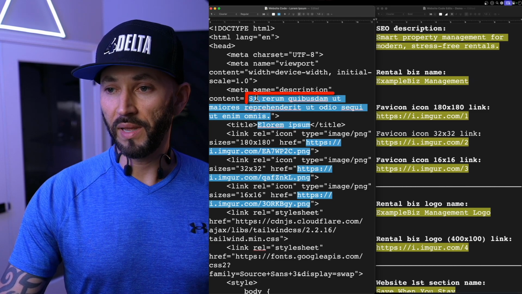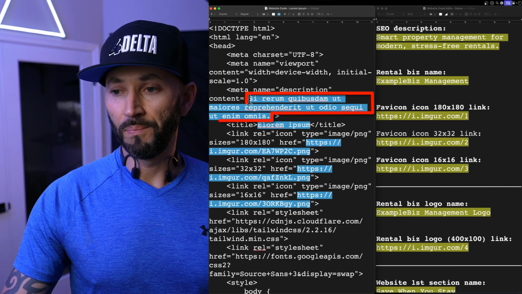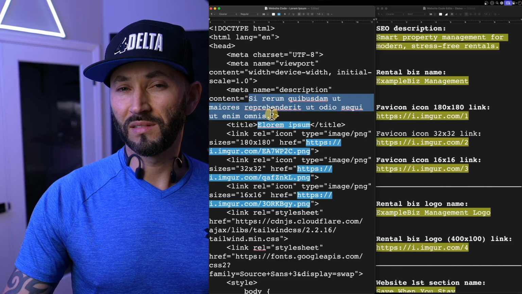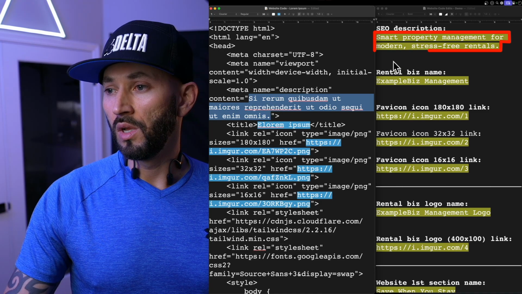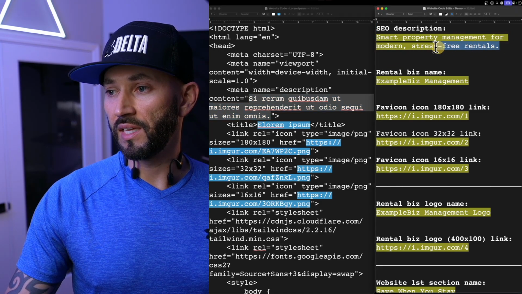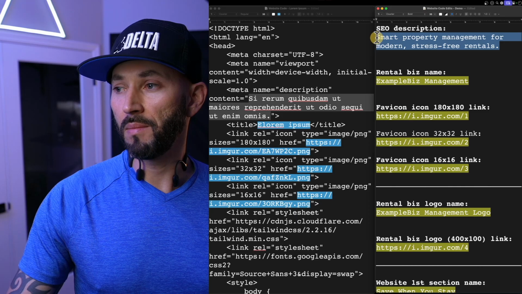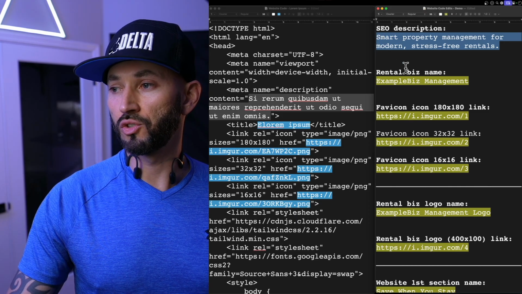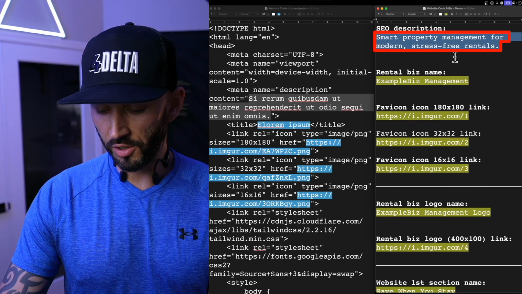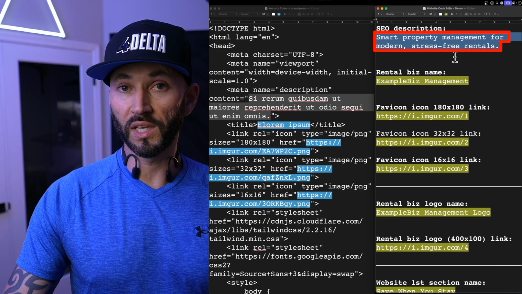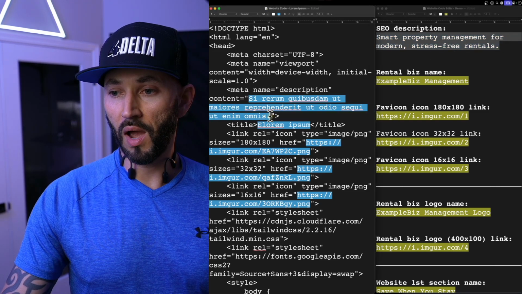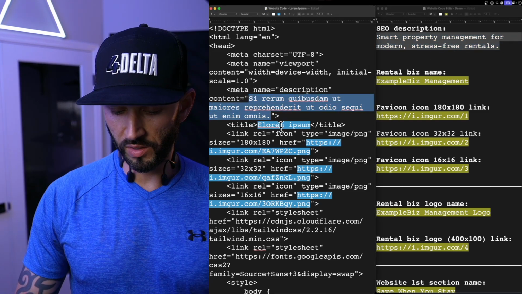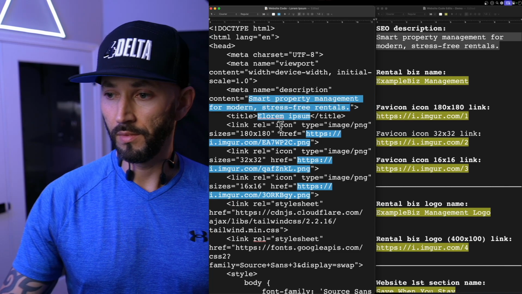This first little bit that's highlighted at the top of the code right here is like a meta tag SEO. So I just put together this. It says smart property management for modern stress-free rentals. And all you're going to do is copy this, and you can reword this however you want. Go over here and then make sure you highlight very specifically to where the blue is, and you paste it